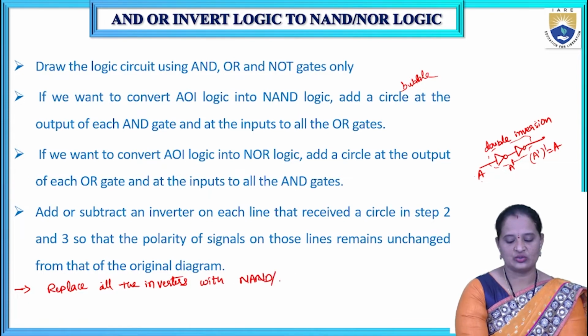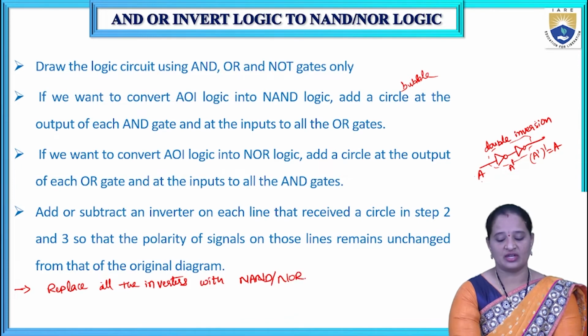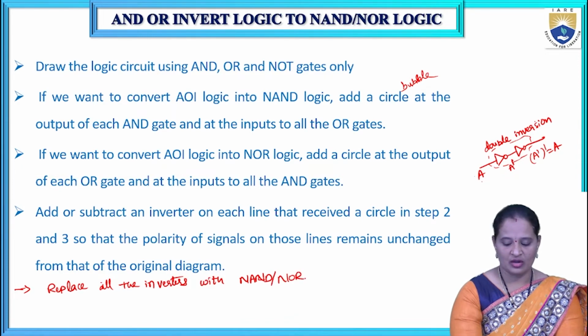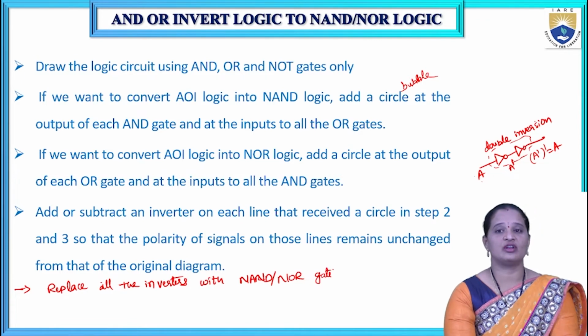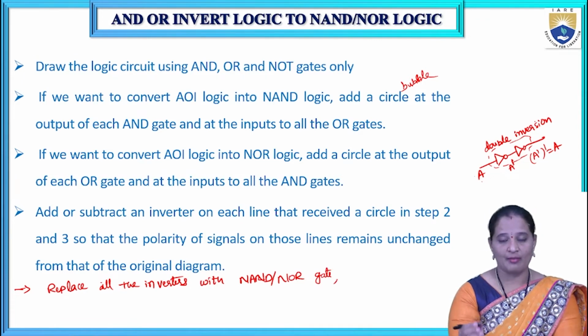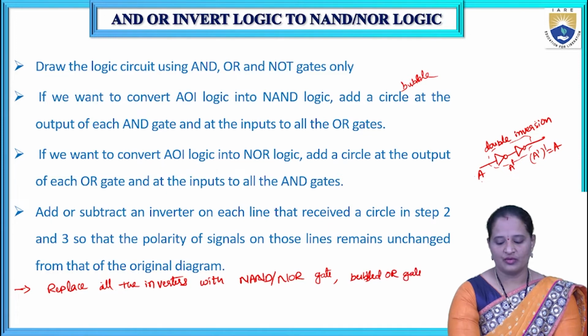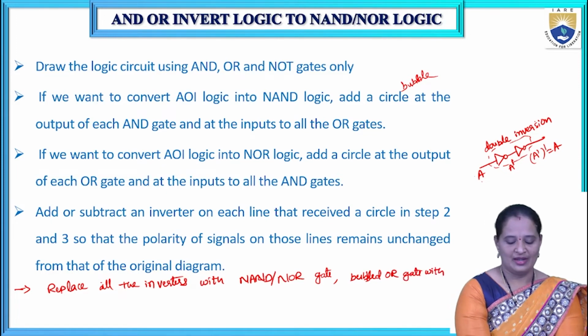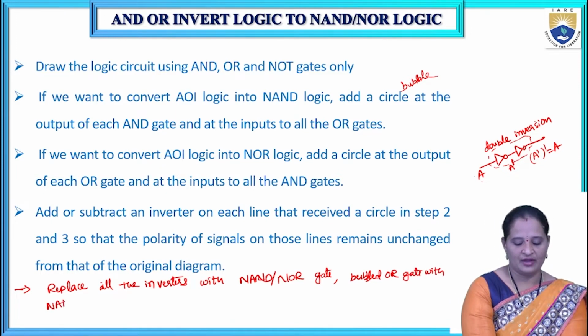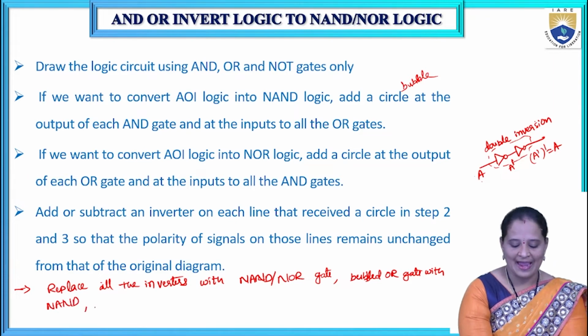Depending on the logic chosen, we need to replace the inverter with a NAND or NOR gate, and a bubbled OR gate with a NAND gate in case of NAND implementation, and also